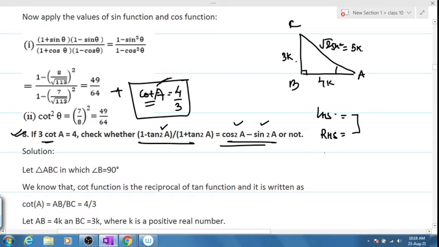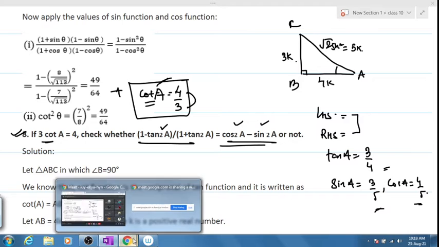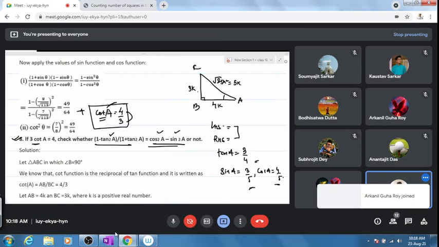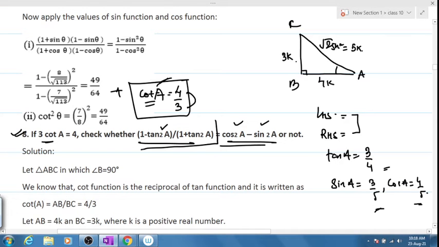So all the simple quantities will be coming out from here. Tan A will be the reciprocal of this, 3 by 4. Sin A will be how much? 3 by 5. Cos A will be how much? 4 by 5. Is it clear? These three quantities have come out. Now you'll ask me, sir, how do we know that these three quantities are required? Because you see out here, only these three quantities have to be evaluated. Is it clear or not? Cos A, sin A, tan A, nothing else.